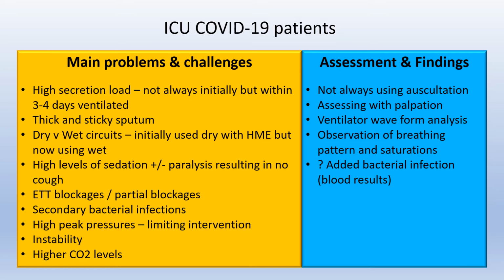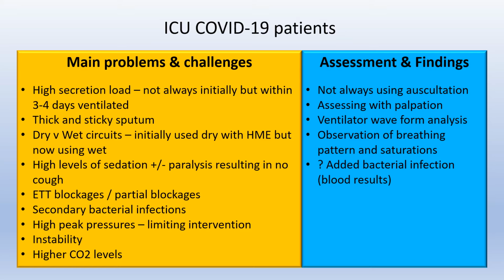In the first wave there were blockages of the ET, partly because of this thick sputum when we weren't humidifying the circuit. As patients remain ventilated longer, there is a higher risk of secondary bacterial infections, and we do see